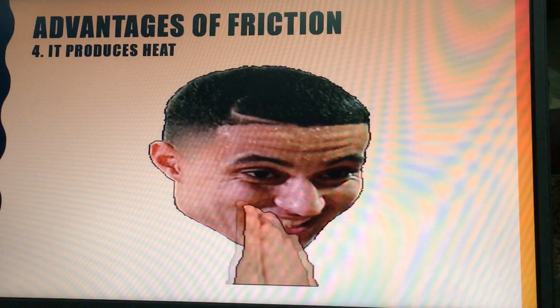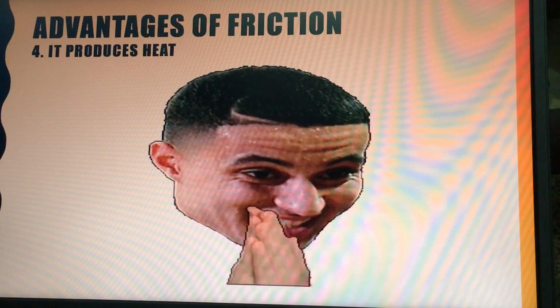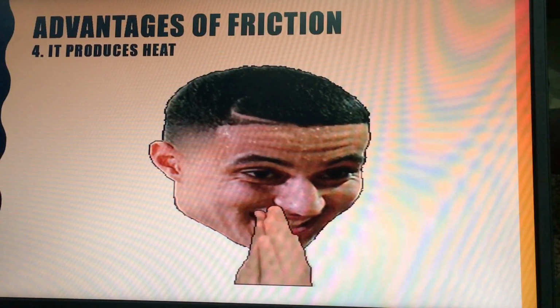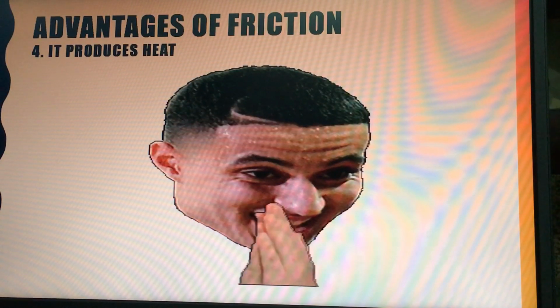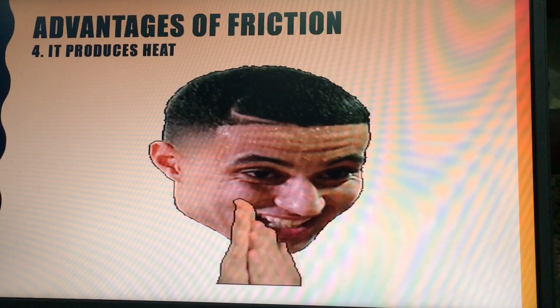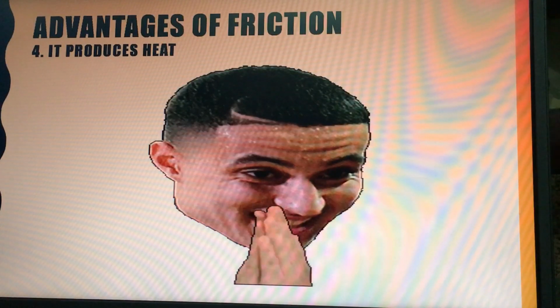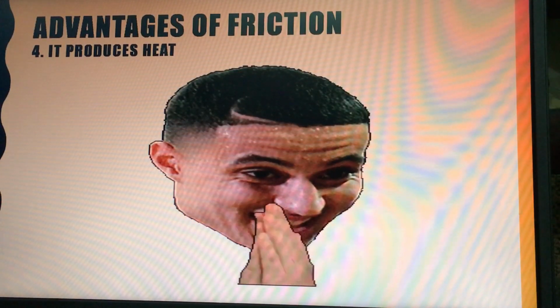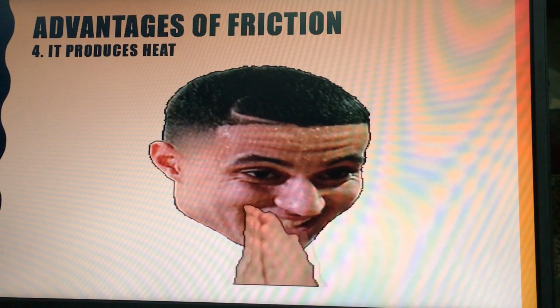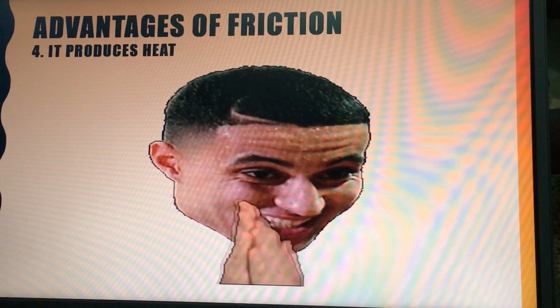Now, this activity you must have enjoyed many times, and usually in winters we rub our palms like this. When we feel cold, we start rubbing our hands or palms like this, and then we keep them on our face, and how do we feel? Yes, we feel hot. So how does it happen? What is the reason behind this?